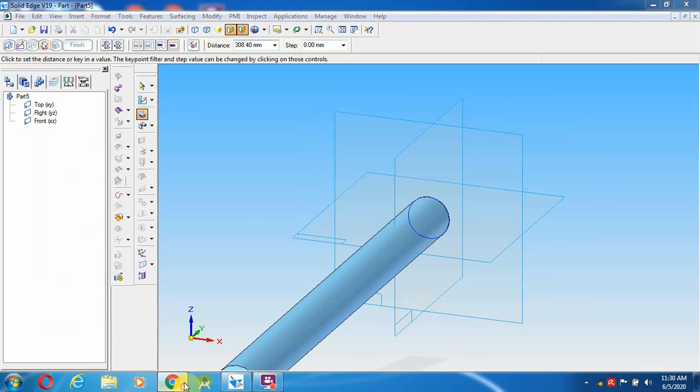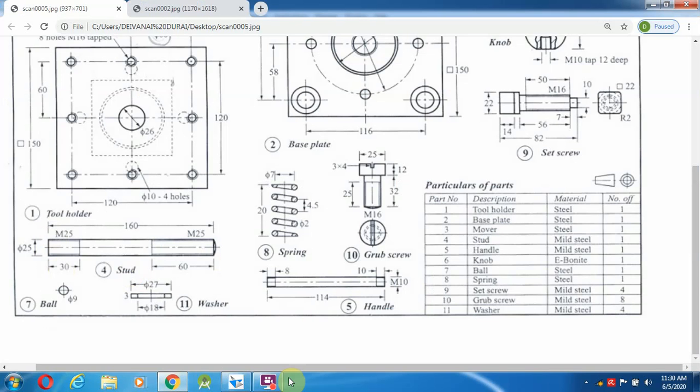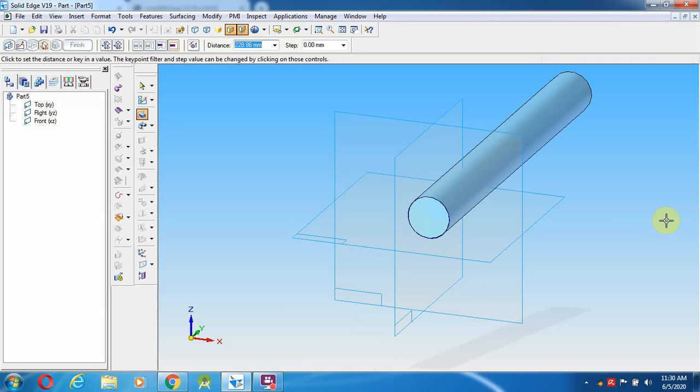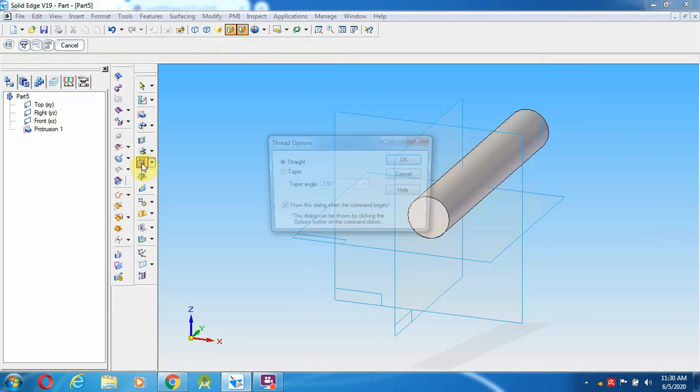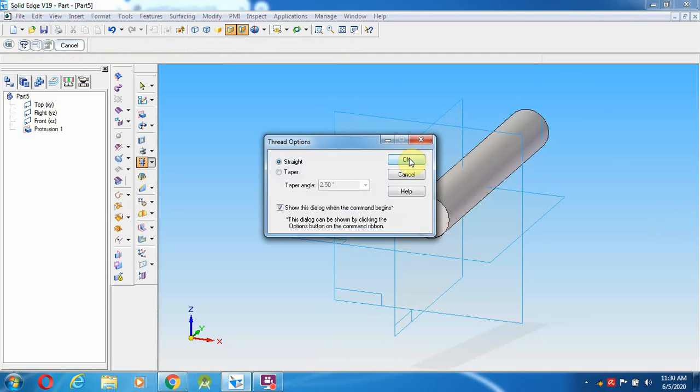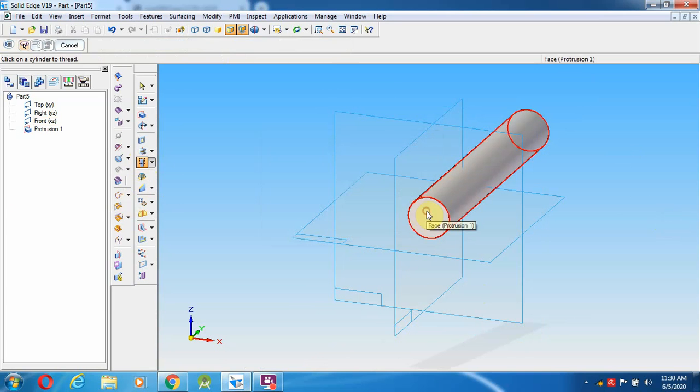So how much distance does it have to come? 160 mm. So go and select 160, enter, left and right click, and go here to the threading option. Give OK, thread starting from here.